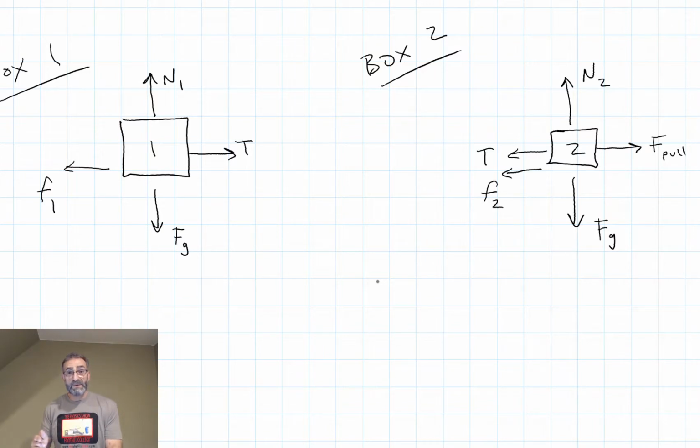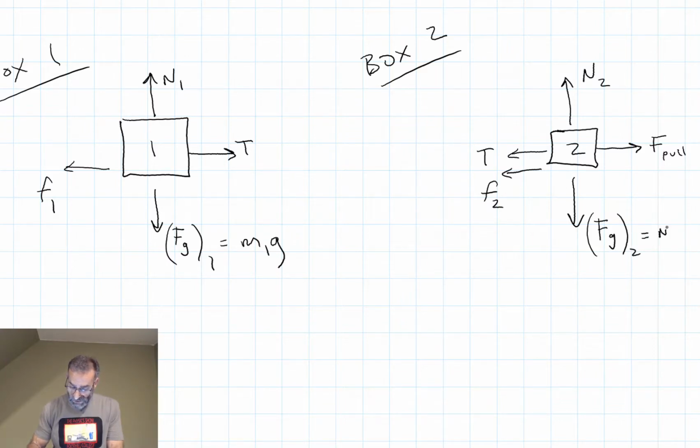I've got two forces of gravity, the weight of the object. And if the masses are different, those have to be different. I'll call this 1, which is going to be its mass times g. And we'll call this one 2, which is going to be its mass times the acceleration of gravity. I only have one pulling force, so I'll just leave that the way it is. There's no ambiguity with that. I have two tension forces,